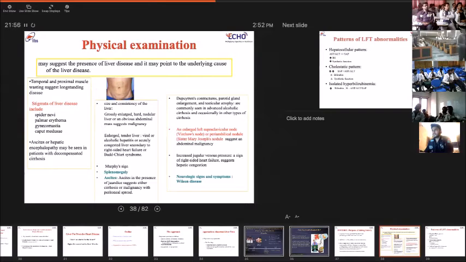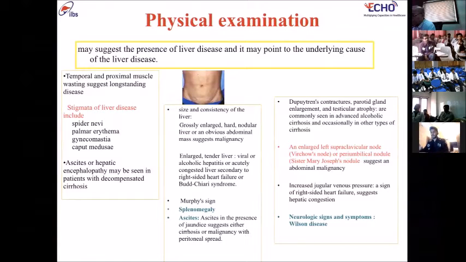Then coming on to the local examination, whether it is a large liver disease or a small liver disease. The liver is basically divided into large liver disease or small liver disease. The presence of hepatojugular reflux, presence of local tenderness, the nodular liver, whether the nodules are hard, they can point towards specific diagnosis. Whether the liver is pulsatile, a grossly enlarged liver which is hard and nodular points towards malignancy, and a large tender liver can point toward congestive hepatopathy, which can be secondary to right-sided heart failure.